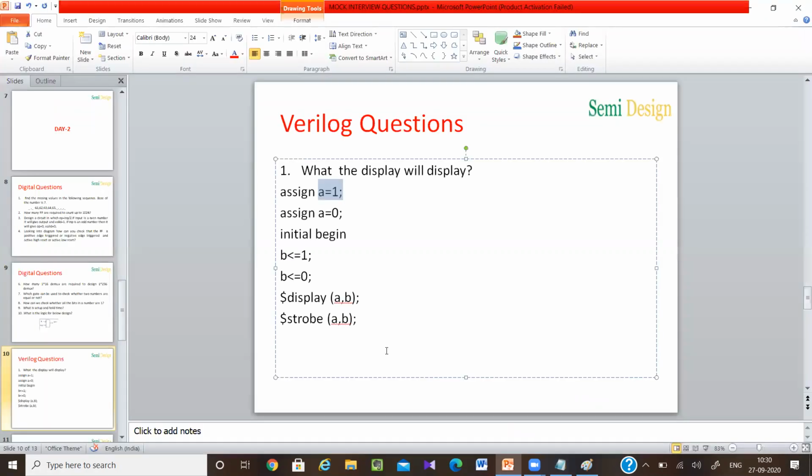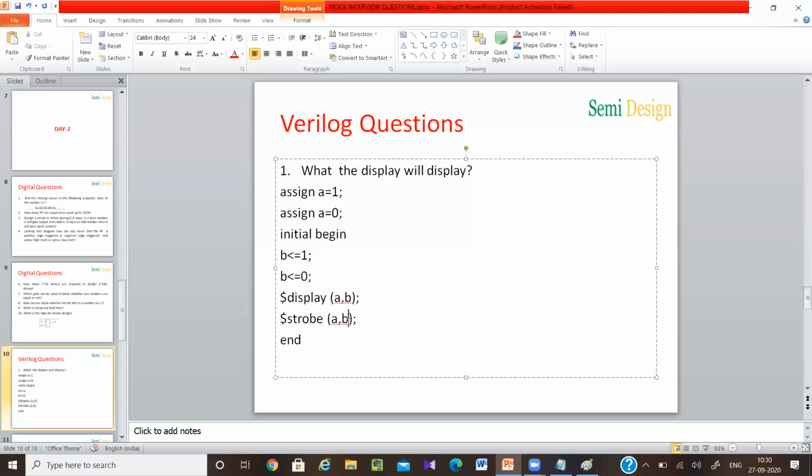Okay, so next, going to this B. Now B equal to 1, then B equal to 0. Remember, whatever we write inside begin and end is executed in sequential manner. So first the B value is 1, then the B value is replaced by 0. But these things happen in the NBA region. $display is executed in the active region, so in the active region it will give B value as x.